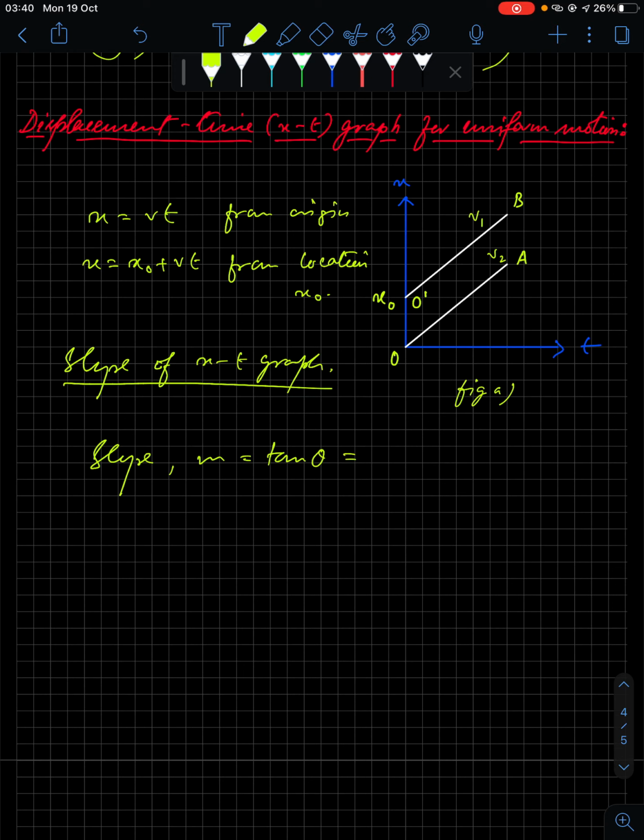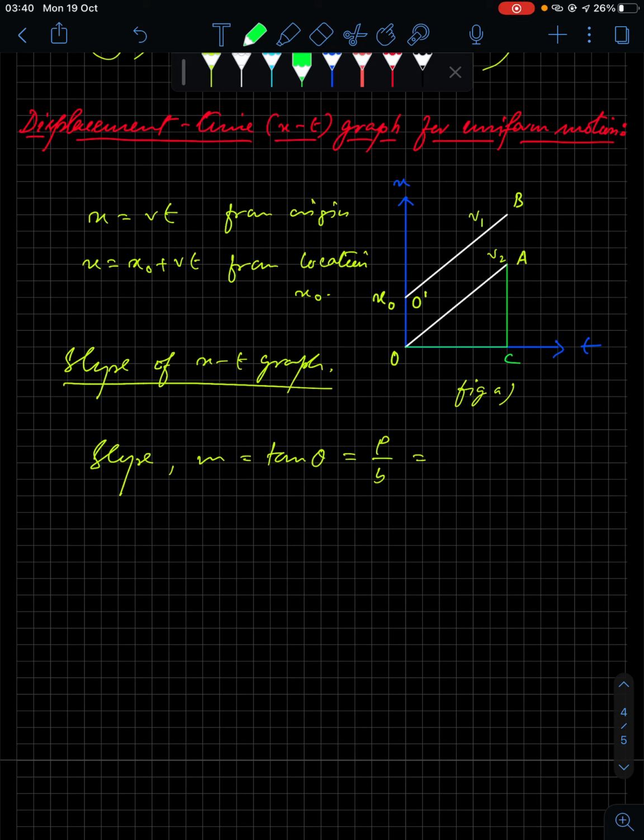So tan theta is perpendicular by base, right? If you consider this as a triangle, like if I put another name like OAC,